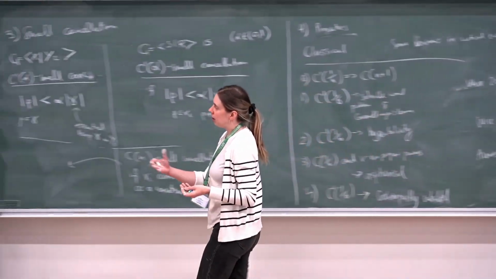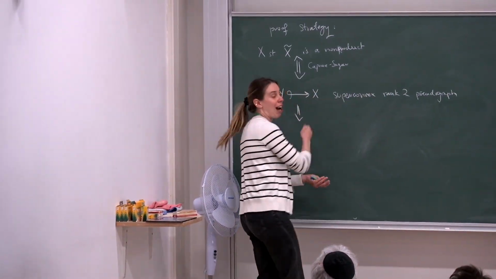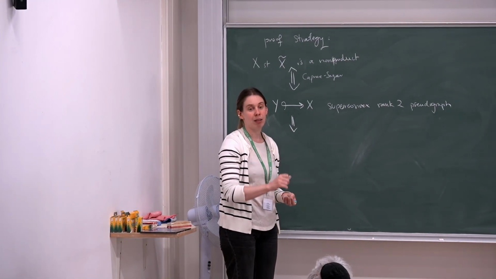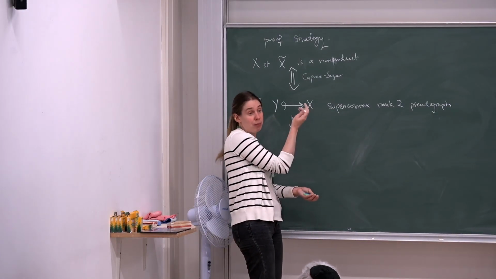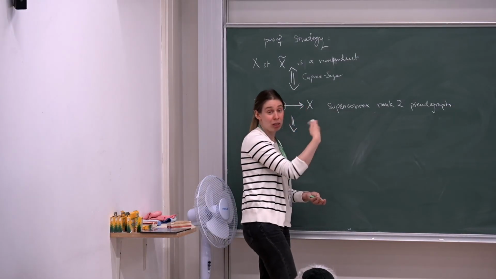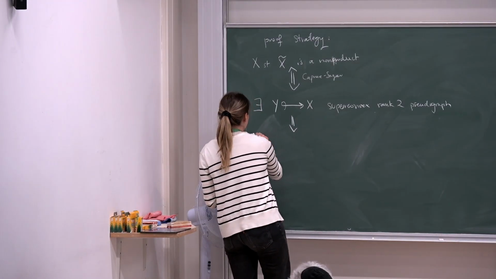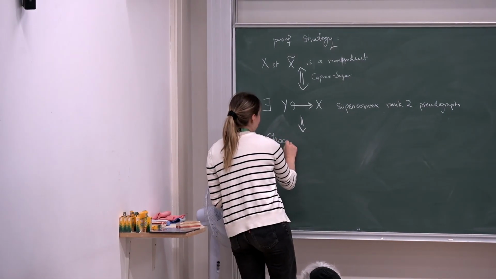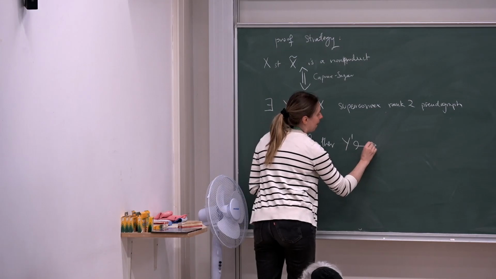So just like graphs, it's going to have a lot of other pseudographs mapping to it by local isometries. So we can find some other, for example, rank 2 object. Superconvexity is always going to be preserved here, and being a pseudograph as well. And so we can choose further Y